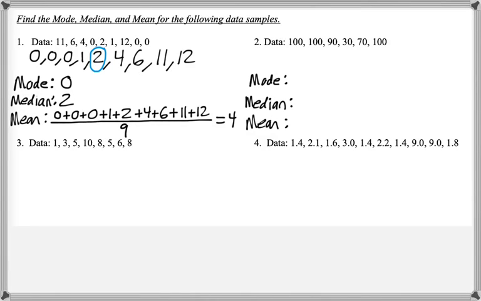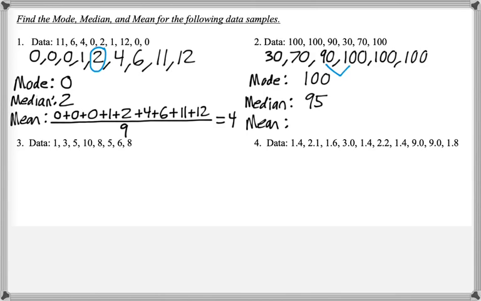My first step is to organize the data. The mode is going to be 100 because that occurs 3 times, and that's the most often. There are 6 data values, so the median is going to be the average of the middle 2,